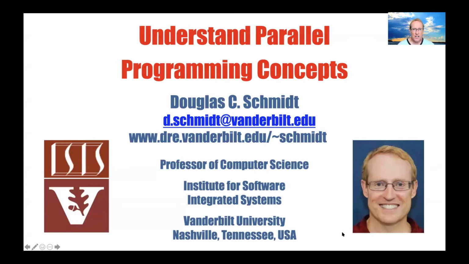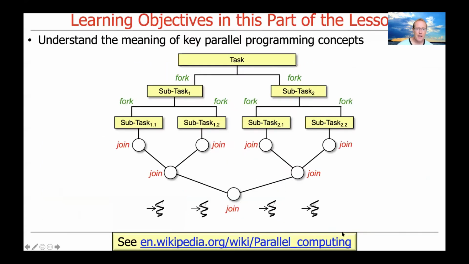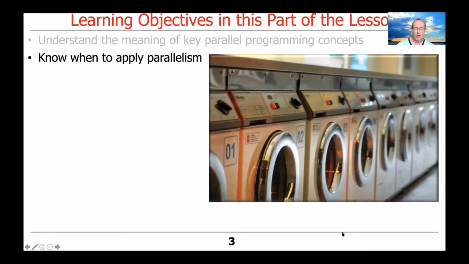So now that we've finished discussing concurrency as a concept and some of the mechanisms that Java provides to support concurrent programming, it's time to turn our attention to the focus of this course, which is parallel programming. And we'll start out in a mirror way to our concurrency discussion by describing key parallel programming concepts. And then we'll talk about when to apply parallelism, because it turns out that you shouldn't always try to apply parallelism. In fact, there's particular circumstances under which you should apply parallelism, and if those circumstances don't apply, don't bother